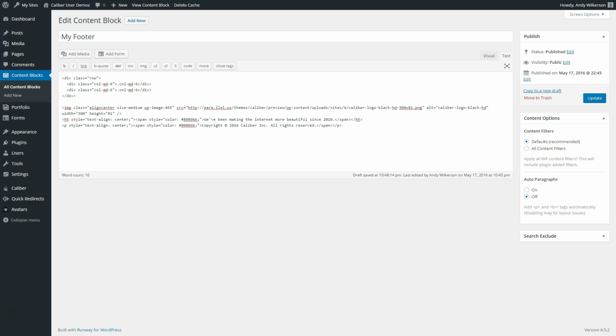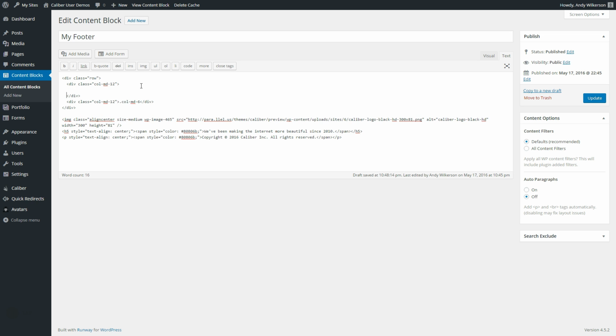The one thing you need to know that's different about the Bootstrap grid from ours is they use a 12-column grid system and we use a 24-column grid system. What that means is we get a little more flexibility in the sizing of our columns because we have more potential widths that we can set, but it also means that if we're going to use an example from Bootstrap, we have to multiply all these numbers times 2. That's really easy. We'll just change these to 12. And I'm going to delete out this default text that they put in there